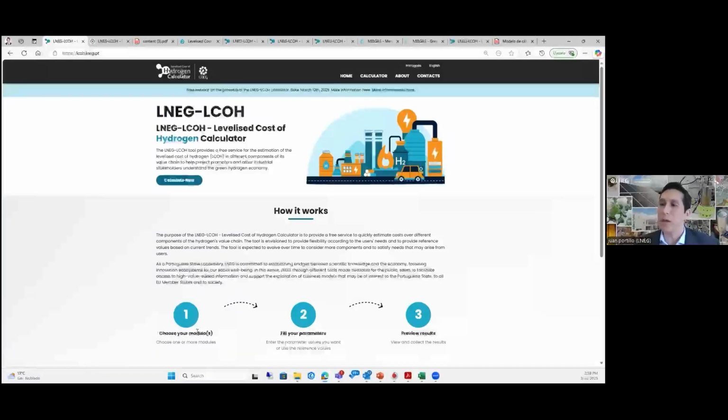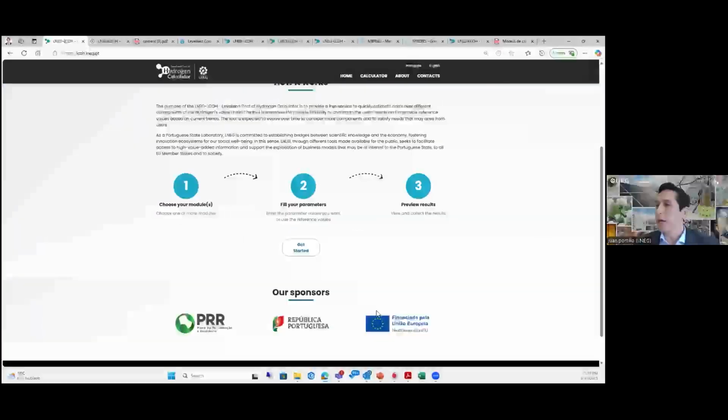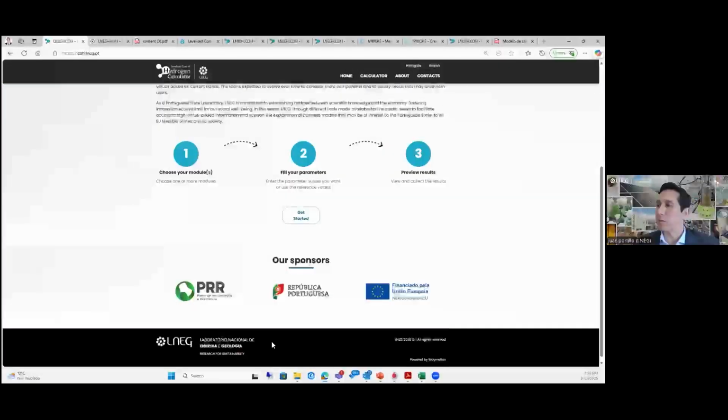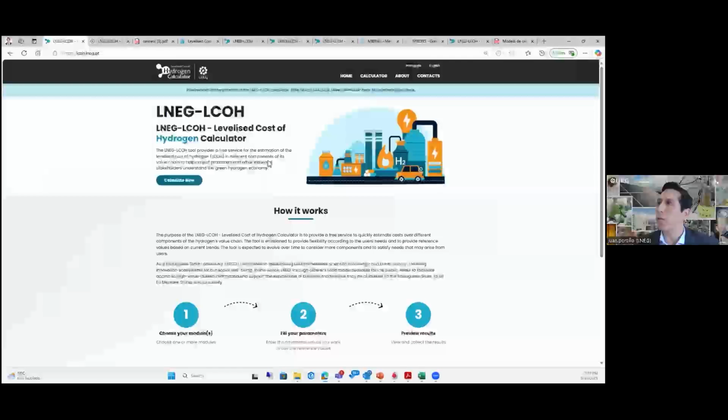And here we have 3 different steps. The first one is to choose our modules. To fill in the parameters is the second one. And of course, the third one includes the computation and the view or preview of the results. Okay. And this, as my colleague Sofia said, was sponsored by the PRR program through the Moving to